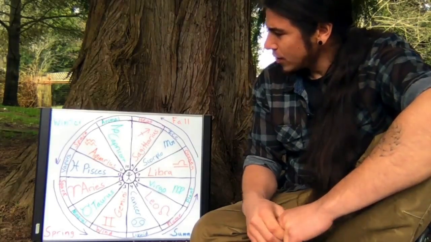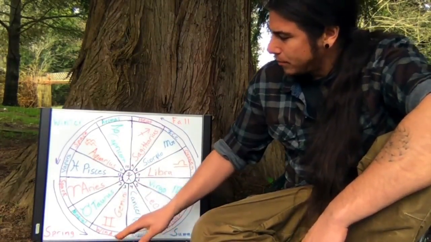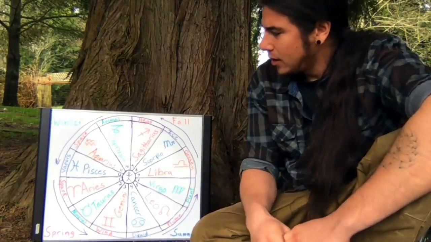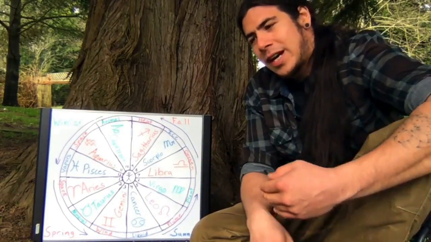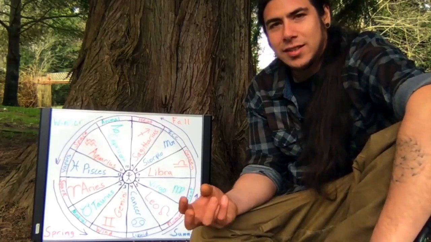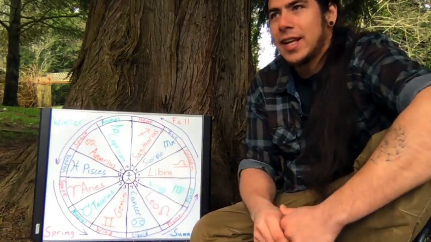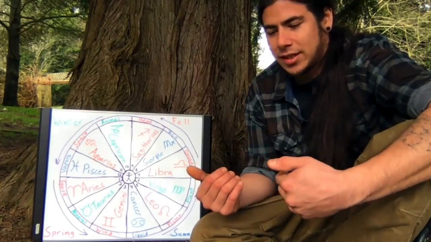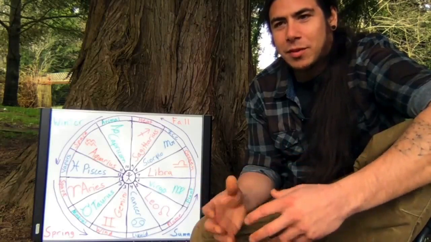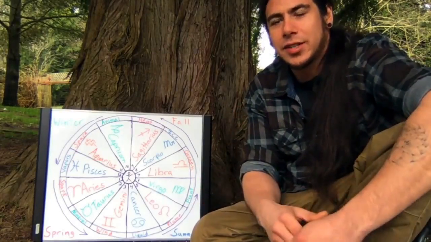So again, if you can take a look at that, you can see the pattern, and I wrote the different elemental expressions on the outside there. But really, that's what I'm saying. Now you can go out into nature and you can see these qualities, these elements interacting with each other, and that's going to give you a lot of teachings, as well as understanding your birth chart and understanding where it all comes from. And so you'll actually be able to see the different parts of yourself reflected within nature.